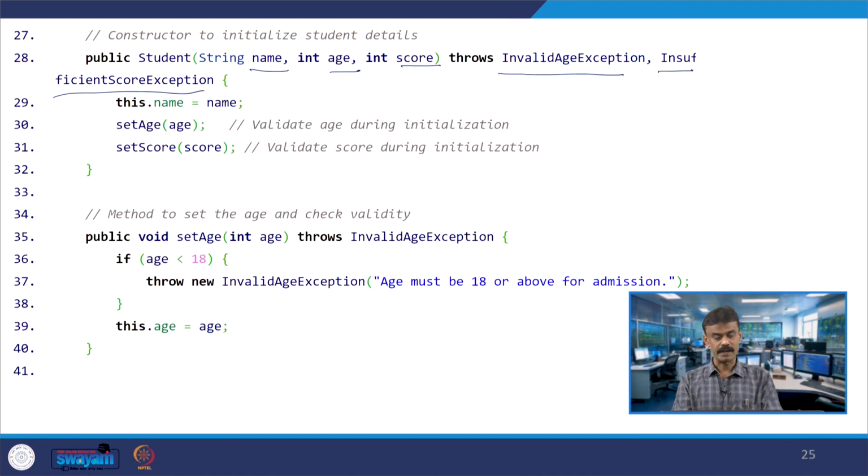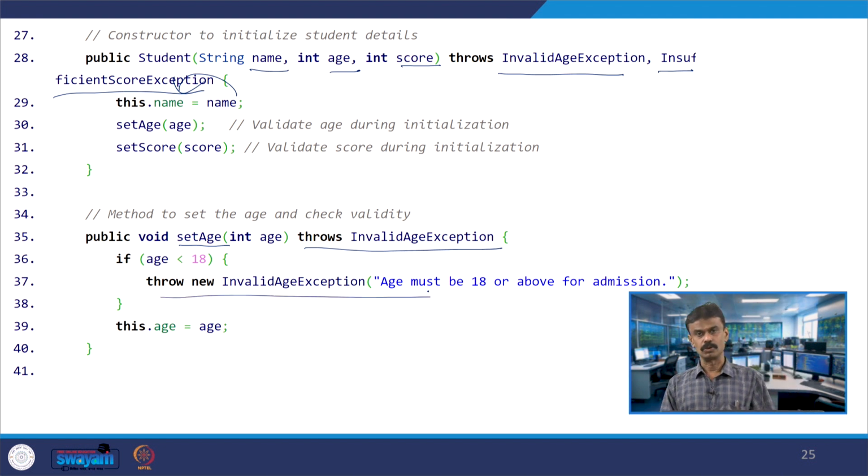Here you have throws, and the name is assigned to this.name, and the setAge method will be called by passing age, and setScore will also be called. So, setAge is here, a checked exception that throws InvalidAgeException, correct. If age is less than 18, it will throw the exception, so 17 or 16 are not eligible for university admission.